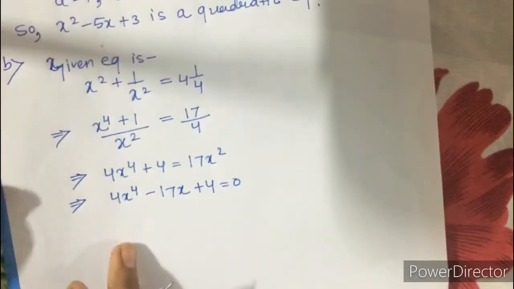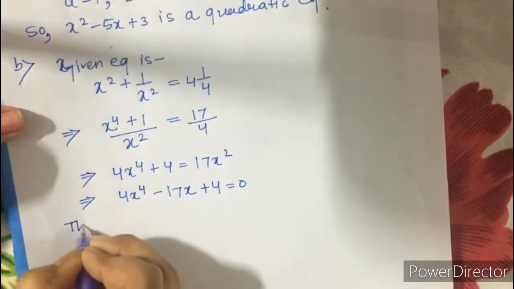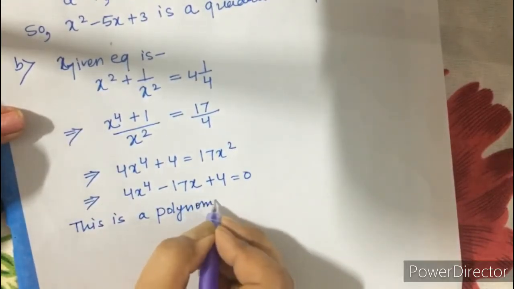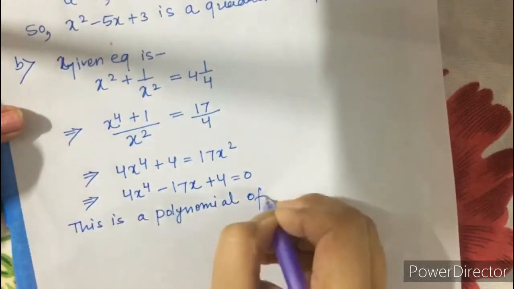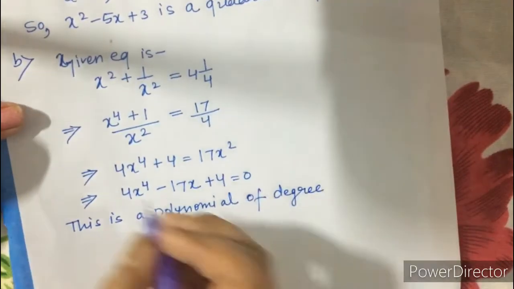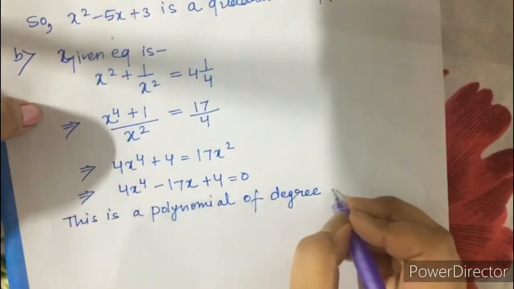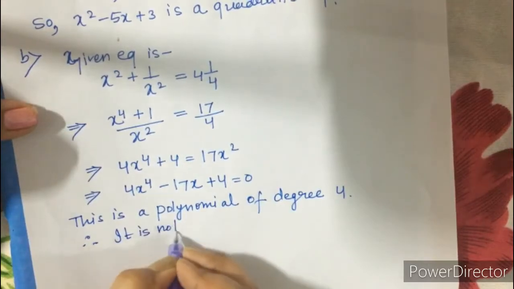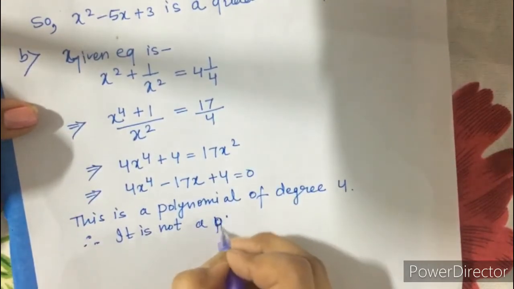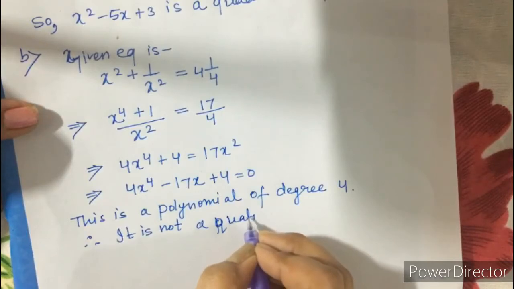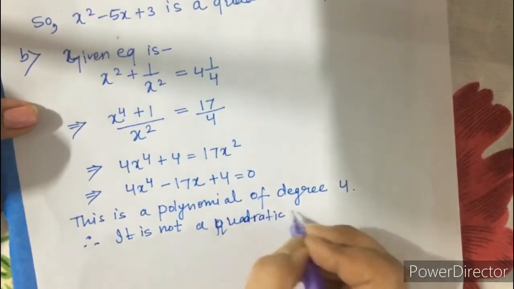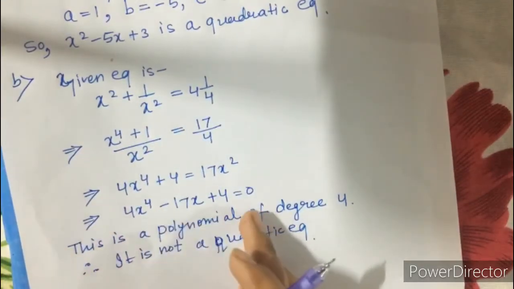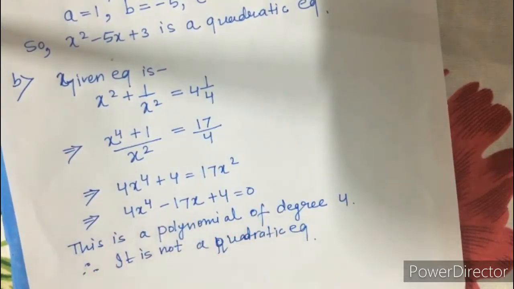Now you can see this is a polynomial of degree, how much? 4. The highest power is 4. Degree 4. Therefore, it is not a quadratic equation. Simply we have simplified the equation, and then we come to the conclusion that this is not a quadratic